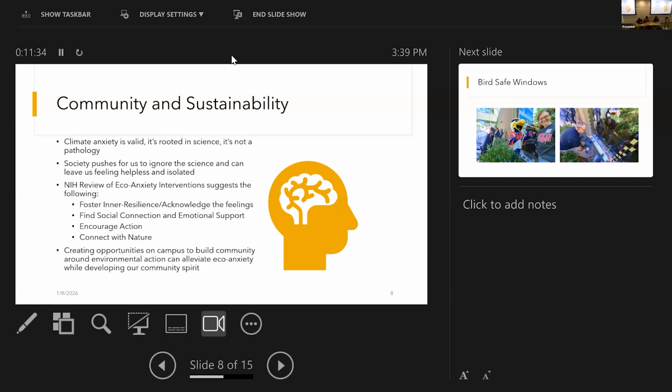And so in both of the projects that we're going to talk about today, I think they're just fabulous examples of how we can look around campus, see that there's something that we think could be better, use it as a tool to basically address this whole list of things. We can help our students find community while they're taking action, while they're connecting with nature, while they're making friends, or just finding familiar faces across campus.